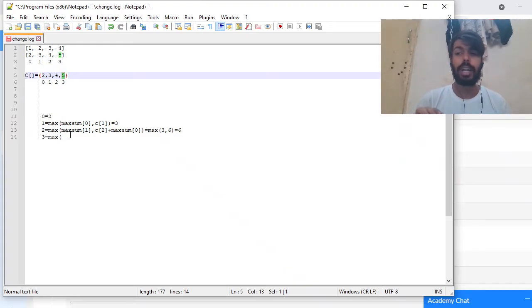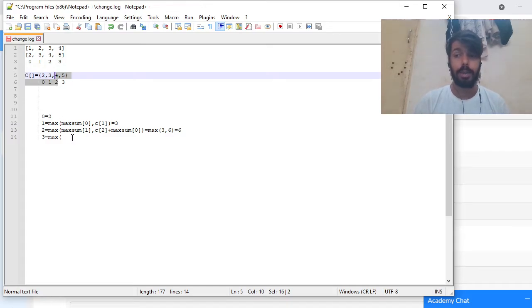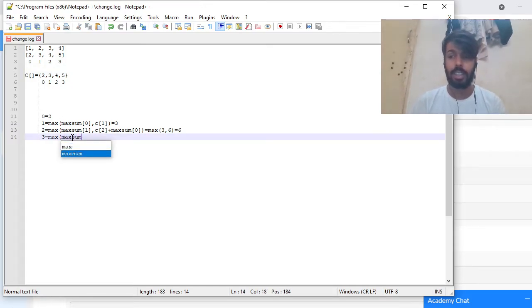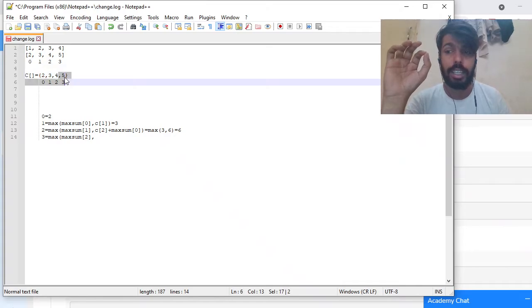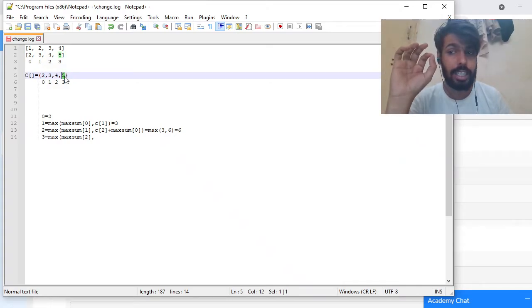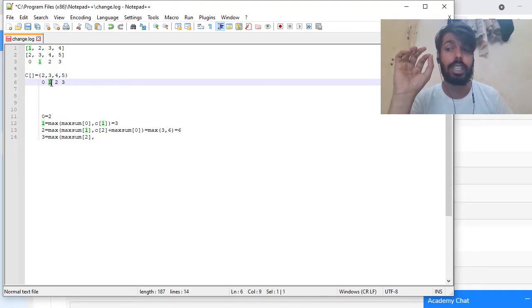So our answer will be the max sum till the second index. Or I am saying that this element will contribute to our answer. Then I will select this element, but I can't select the adjacent element, so I will find the maximum sum till the 1st index.